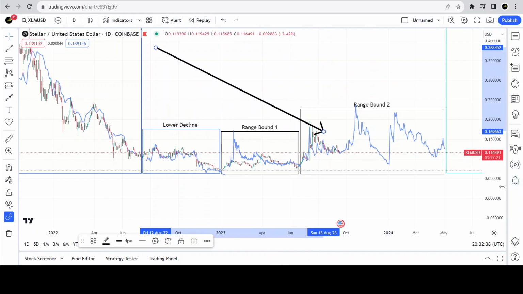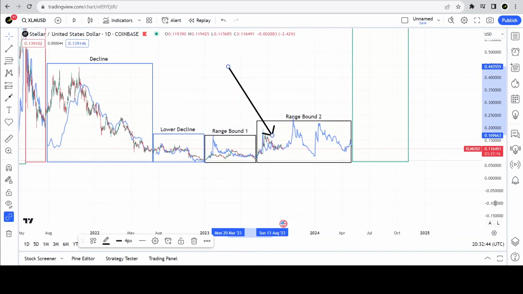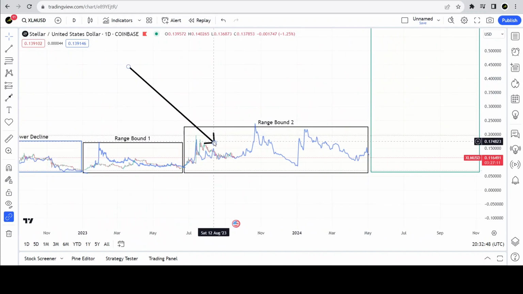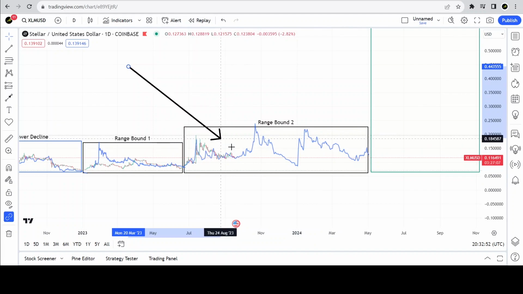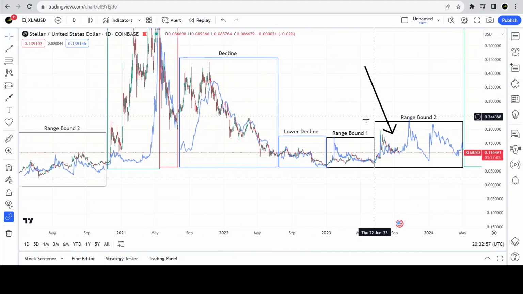So here we are, we're caught up to current times, and we are in the second range-bound fractal. This is the original structure. Now, we'll have to see how it plays out. The other iteration of this